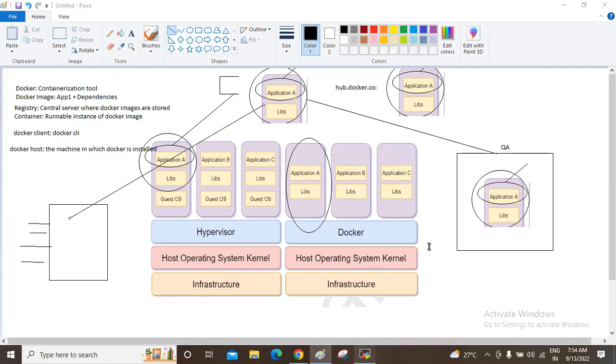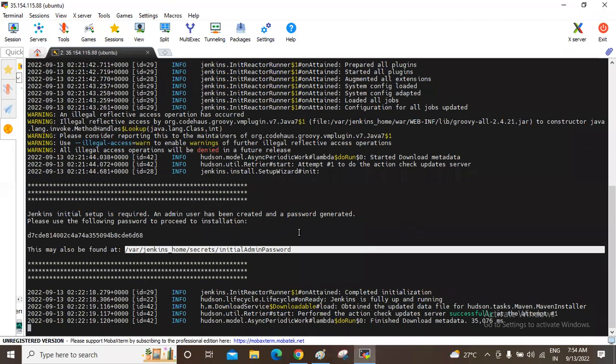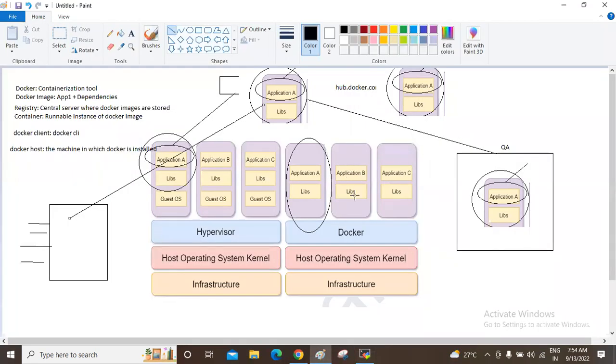If it is a Linux machine and you want to install Jenkins, you should have a specific version of Java. If you want to install another application that needs a different Java, is that possible? I think no, right? But in the case of containers, it is possible. You can have 10 versions of Java, which are a requirement for 10 applications. So you can have 10 containers with the different Java versions, right?